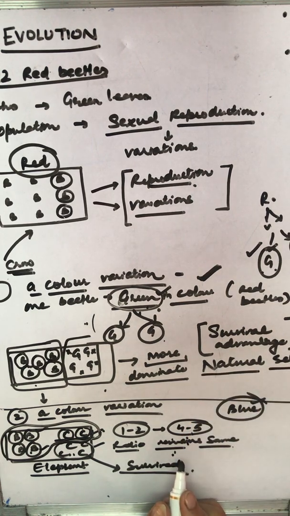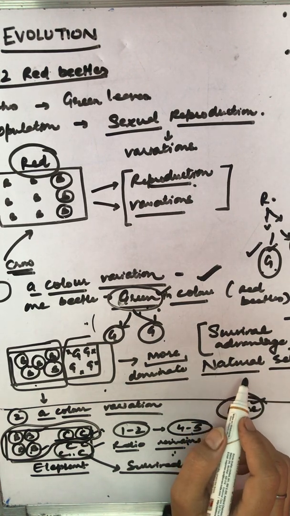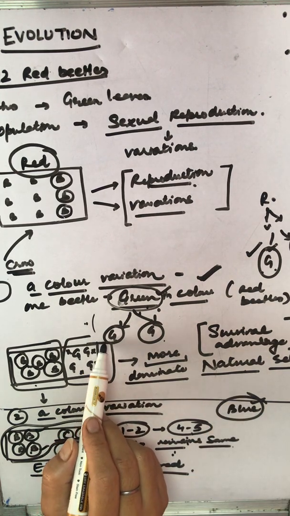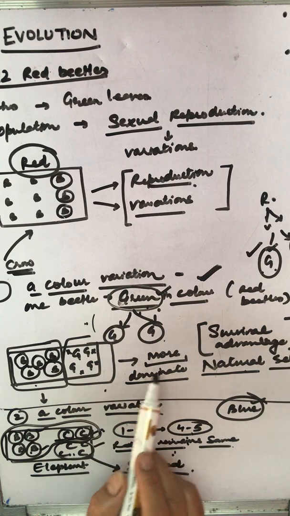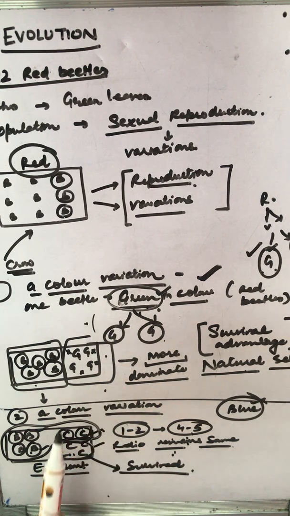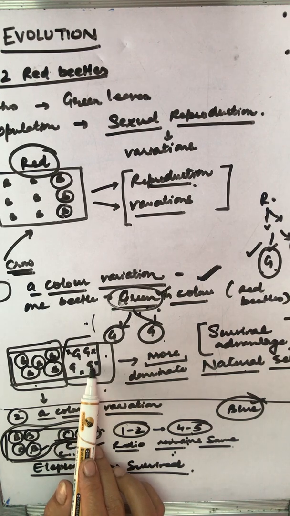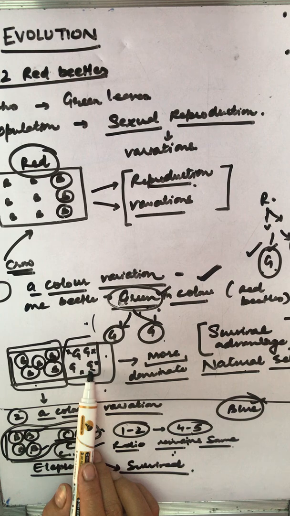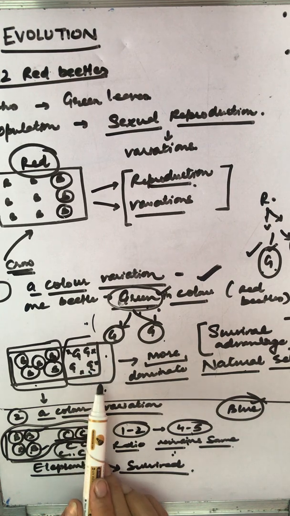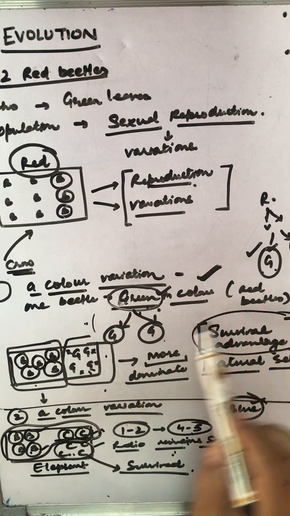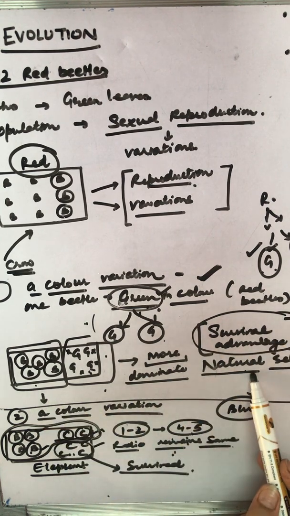Okay, we can see that this natural selection here is exerted by the crows when they come and pick up the beetles. The more crows there are, the more red beetles would be eaten up, and the more the proportion of green in the population would be. This natural selection is directing evolution, and this is a straightaway indication of survival advantage, which is shown in natural